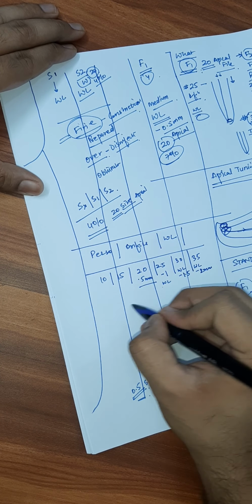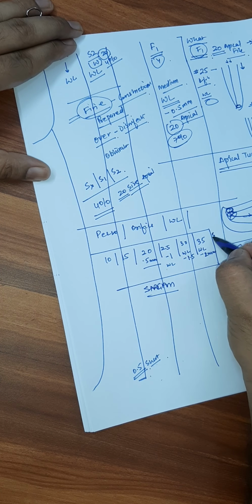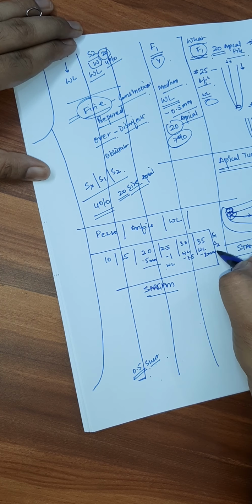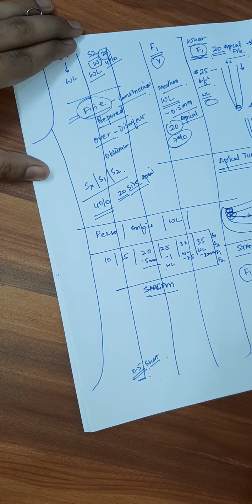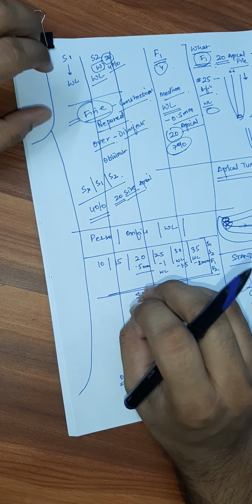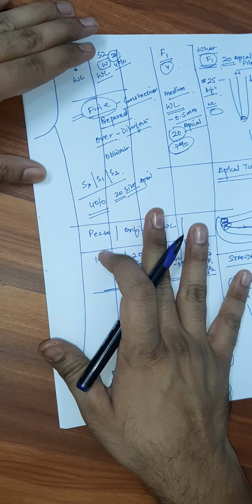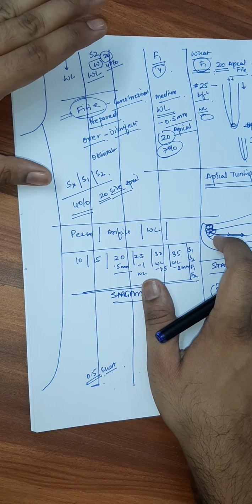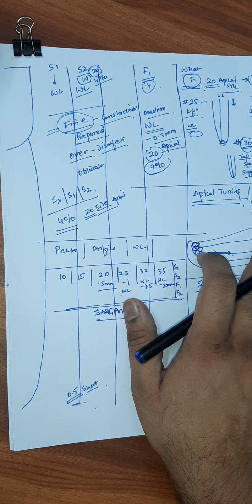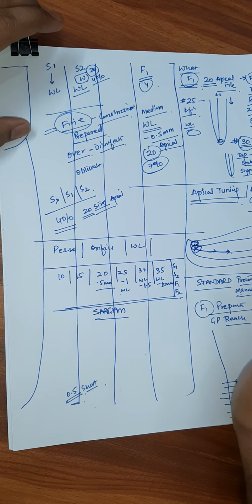If we are using this protocol, this is your Sargam, followed by your S1, S2, and if required F1 and F2. So if you are going through all this, this is Sargam. Any single case, any single root, any multiple roots, if you do it very diligently and follow this rule, they will be cleaned very easily. There will not be even a single case of separation of files, because you are using your files very judiciously. You are using your hand ProTapers very judiciously.